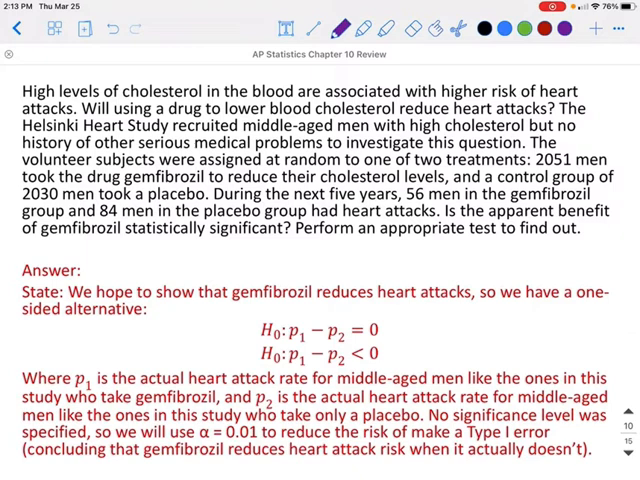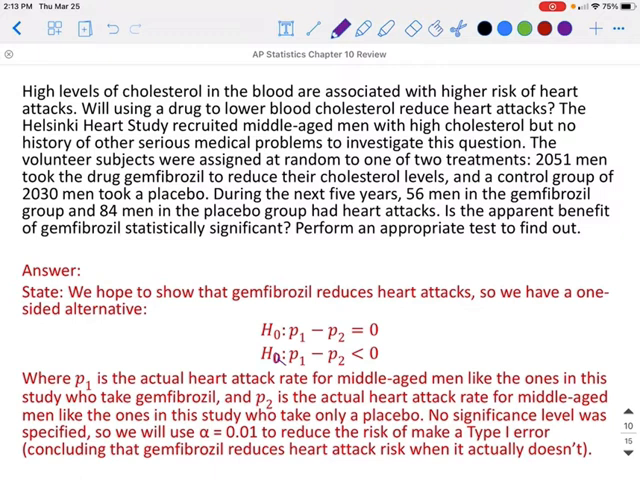So we hope to show that the drug reduces heart attacks. So we have a one-sided alternative. Our null hypothesis is going to be that P1 minus P2 equals 0, and the alternative hypothesis, or H sub A, is P1 minus P2 is less than 0, where P1 is the actual heart attack rate for middle-aged men like those who are taking the drug, and P2 is the actual heart attack rate for middle-aged men like those in the study who are taking a placebo. Since no significance level was given, we're going to let our alpha level equal 0.01 to help reduce our type